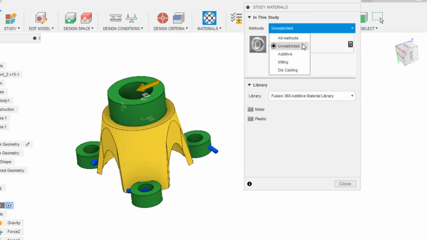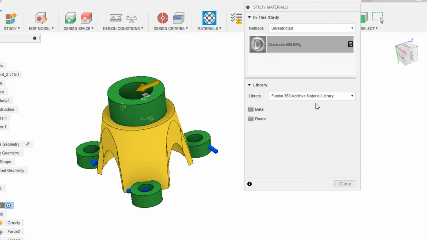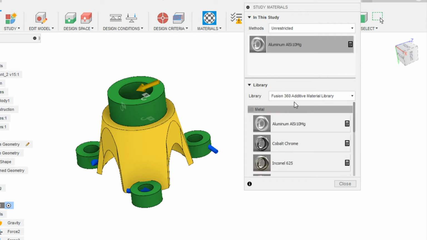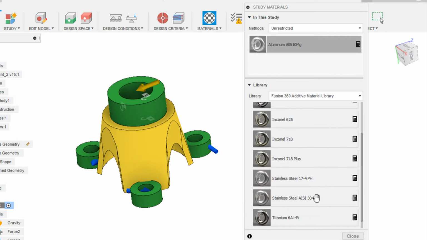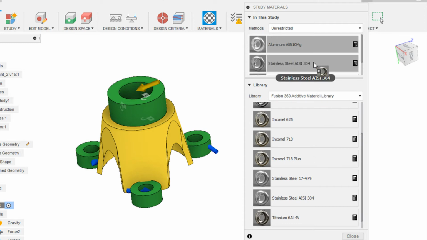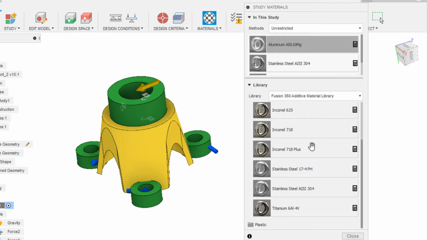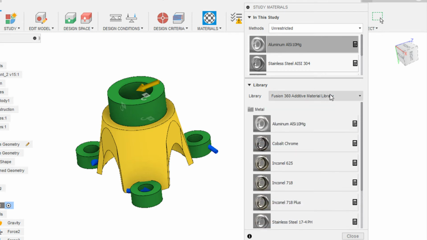For unrestricted, the library is set to additive. Under metal, we have a bunch of materials. I want to add SS304, Inconel 718 plus, titanium, and we are not limited to these materials.